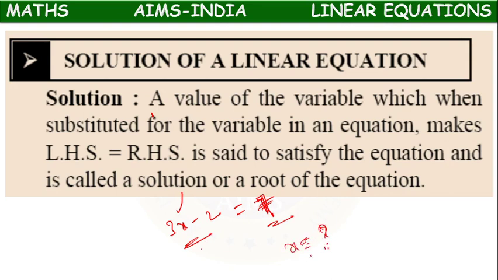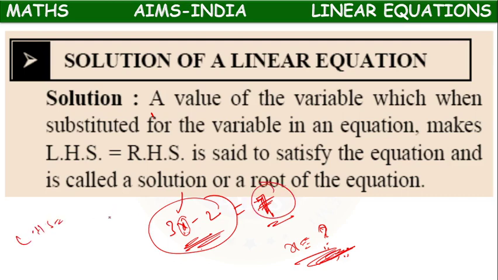So the solution of x, or if we keep what value in the x, then this left side part LHS will be equal to right side part RHS. That value of x is called solution of linear equation. Means solution of linear equation means